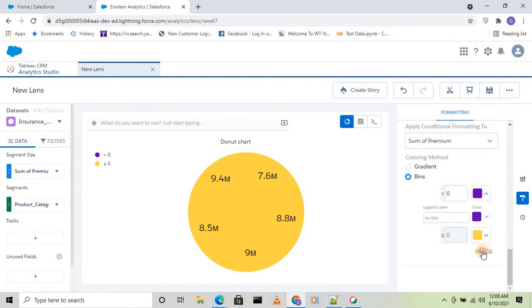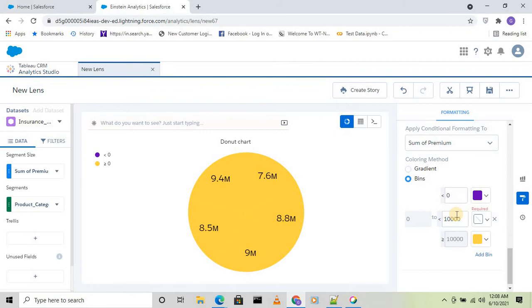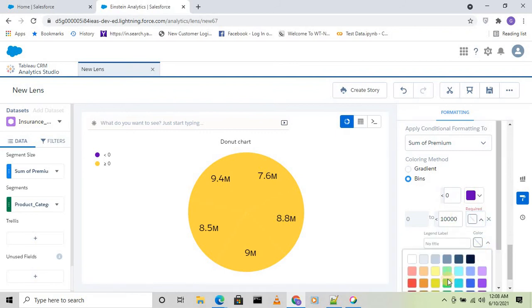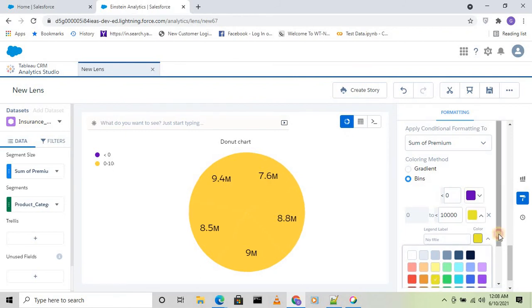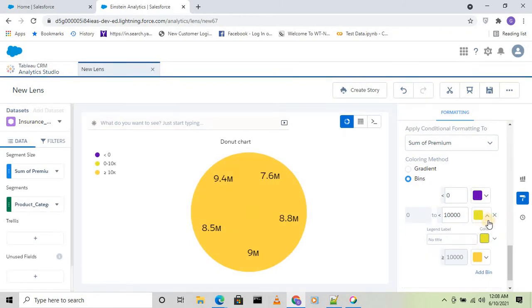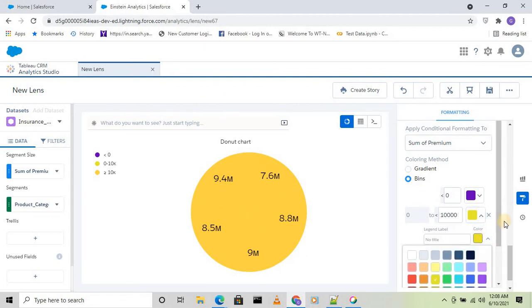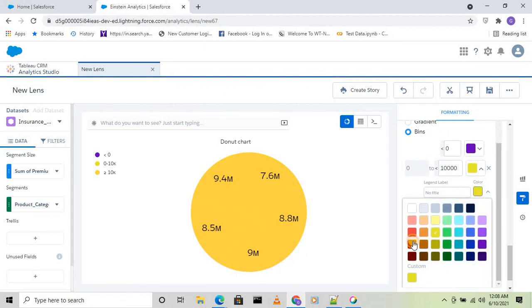But you can add a bin. I'll add a bin here. I'll specify maybe 1 million. Then I'll give a color. No, not this color. Sorry, just a minute. I'll give a color here. This color I'll give red.